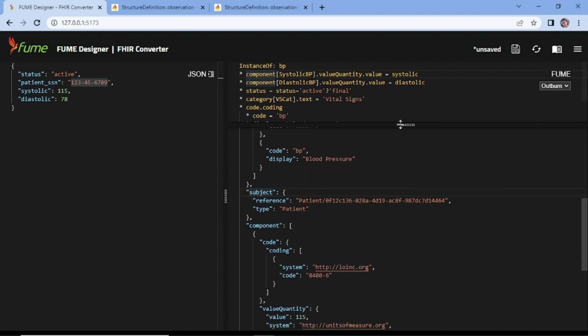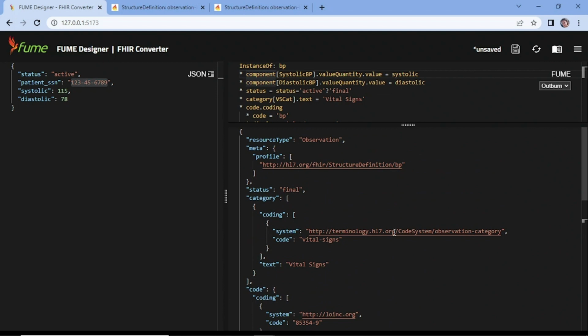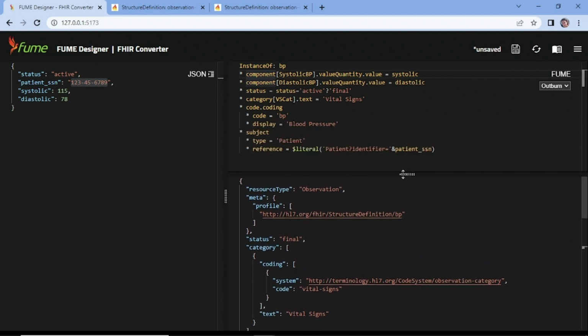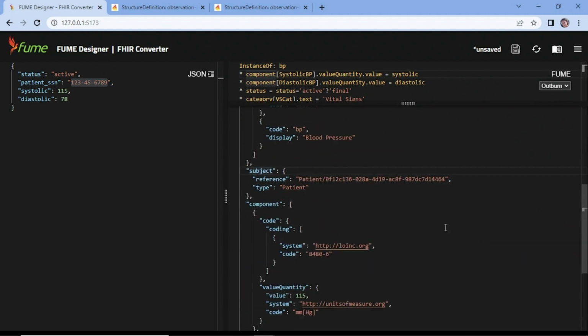So that would be a good example of working with profiles. It makes your life a lot easier. There are just a few lines of code here that creates this whole blood pressure